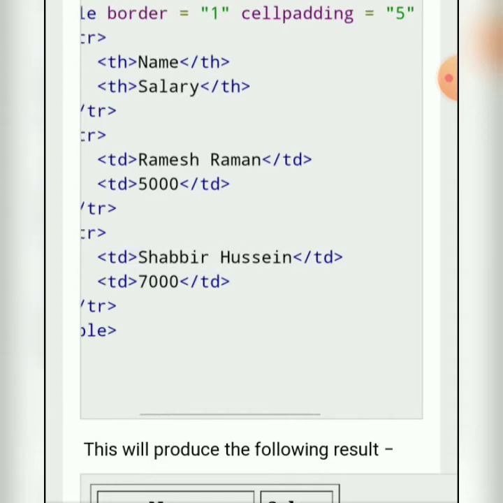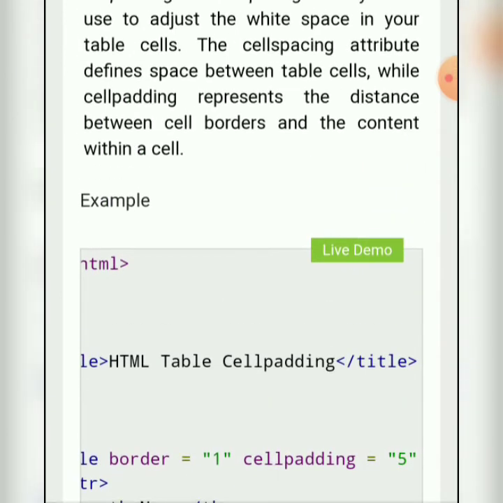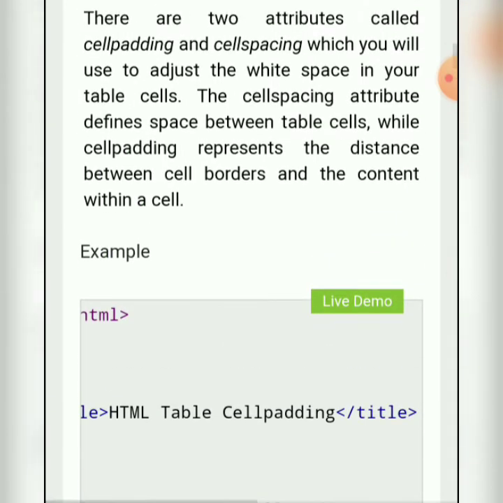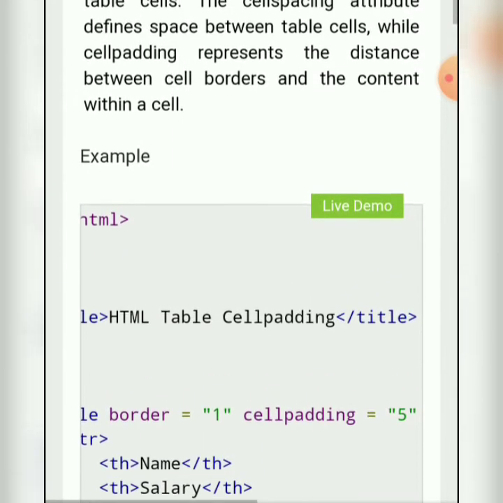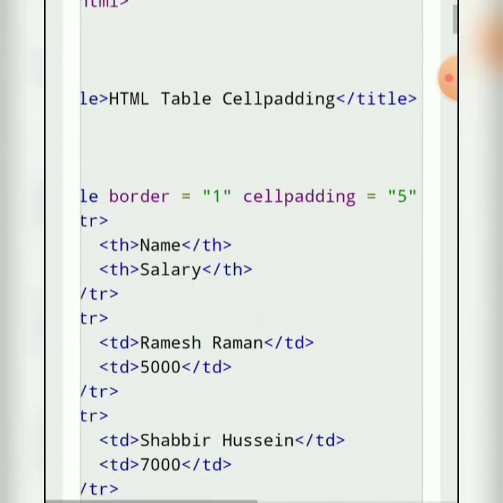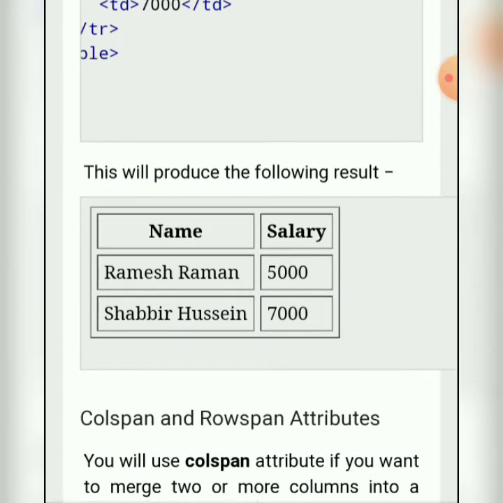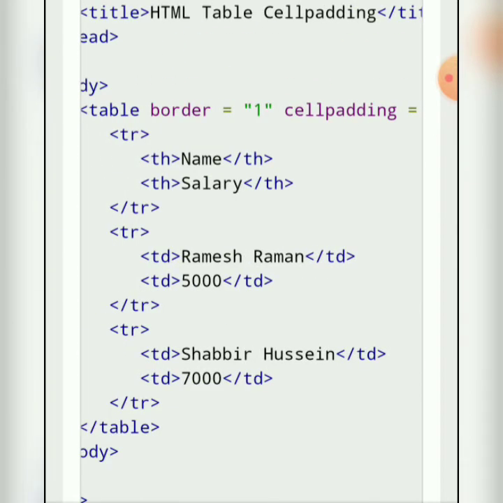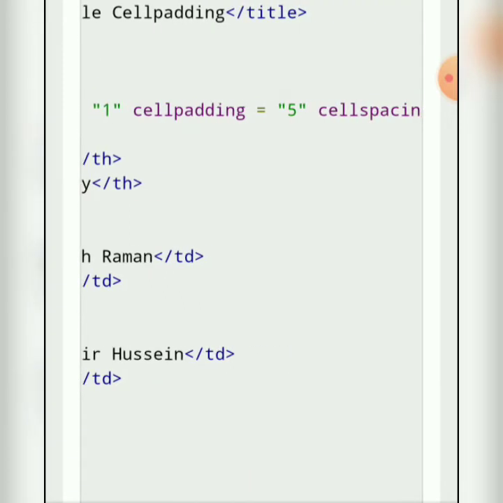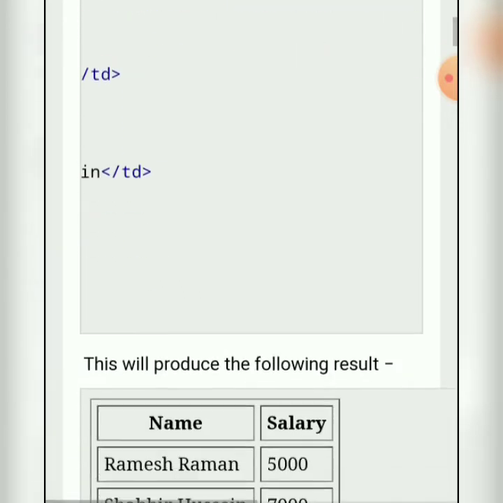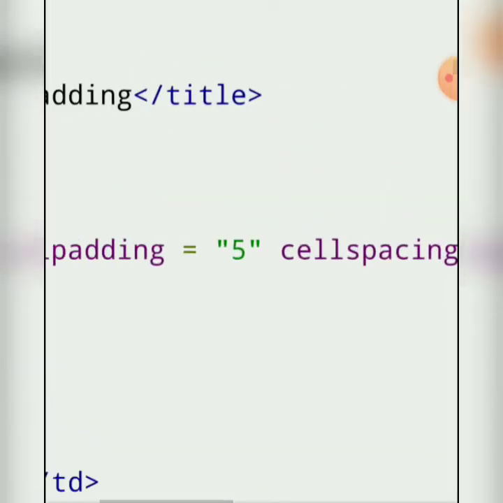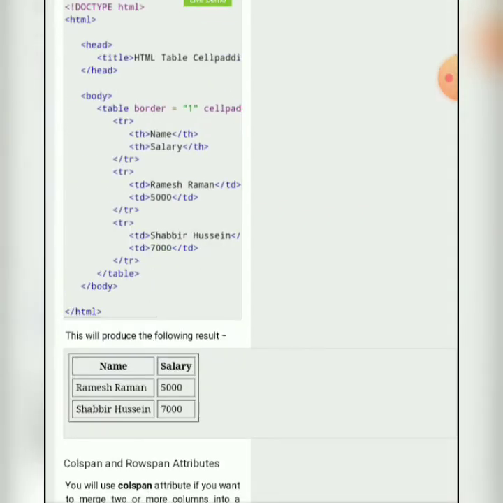Cellspacing generates space between the cells, and cellpadding represents the distance between the cell border and the content. So here in the output, it activates cellspacing and cellpadding, which we use in the table tag. While defining the table, we give the attributes border equal to 1, cellpadding equal to 5 and cellspacing equal to 5. Clear?